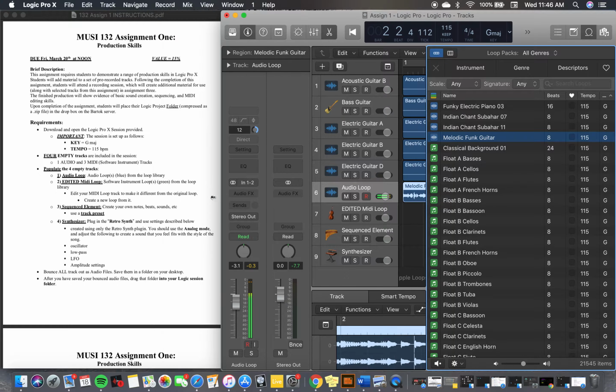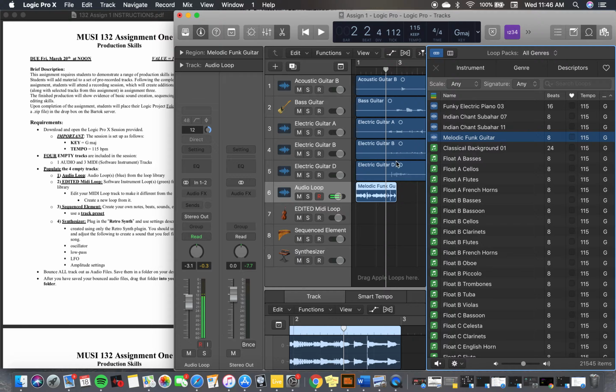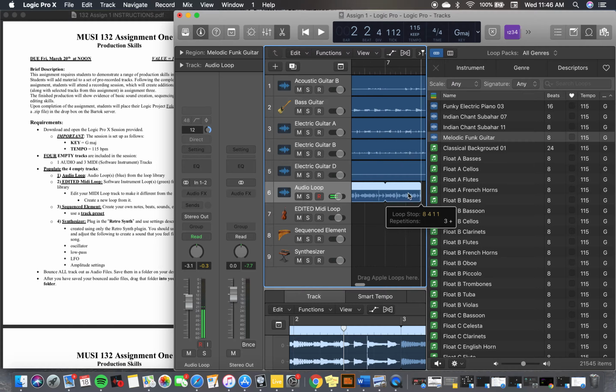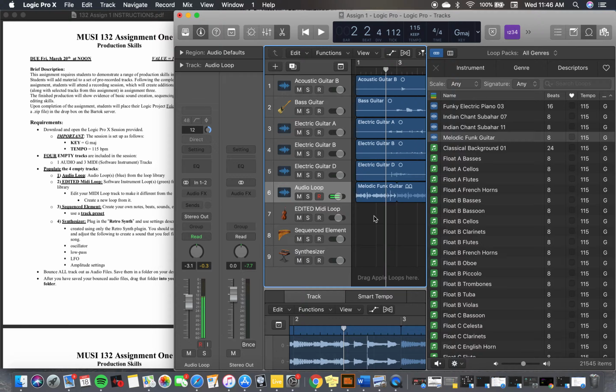You're going to have to pick one that is a bit more fitting to what these are. I'm just doing a very quick sort of, this one is the same BPM and the same key, so that'll do for me, but yours will have to be a bit more